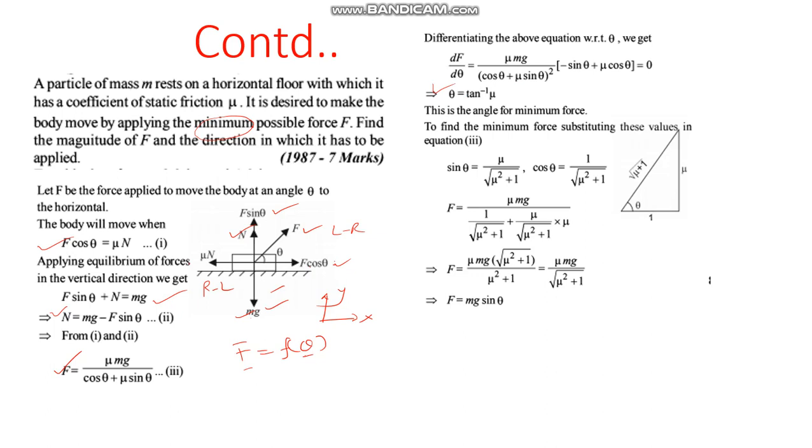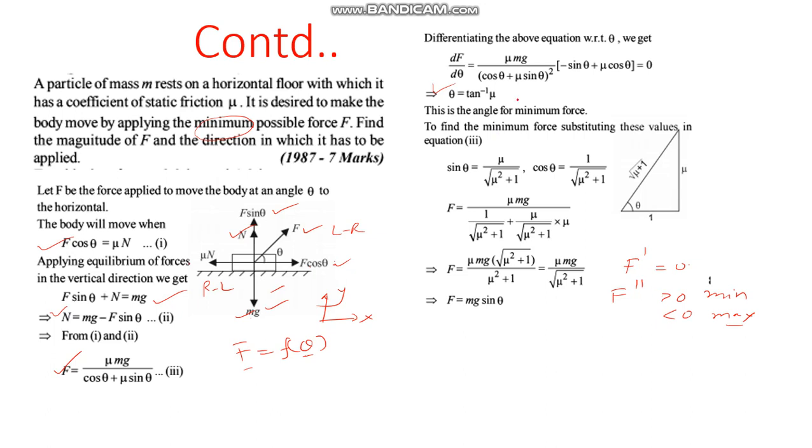You get a value for theta, and there you will get the minimum possible value. To be more precise, you have to find the second derivative and find that it is greater than 0. The condition is like this: find F dash, equate it to 0, then find F double dash. When F double dash is greater than 0, it is a minima. If it is less than 0, it is a maxima point. But basically you have to equate it to 0 to get the force first of all.